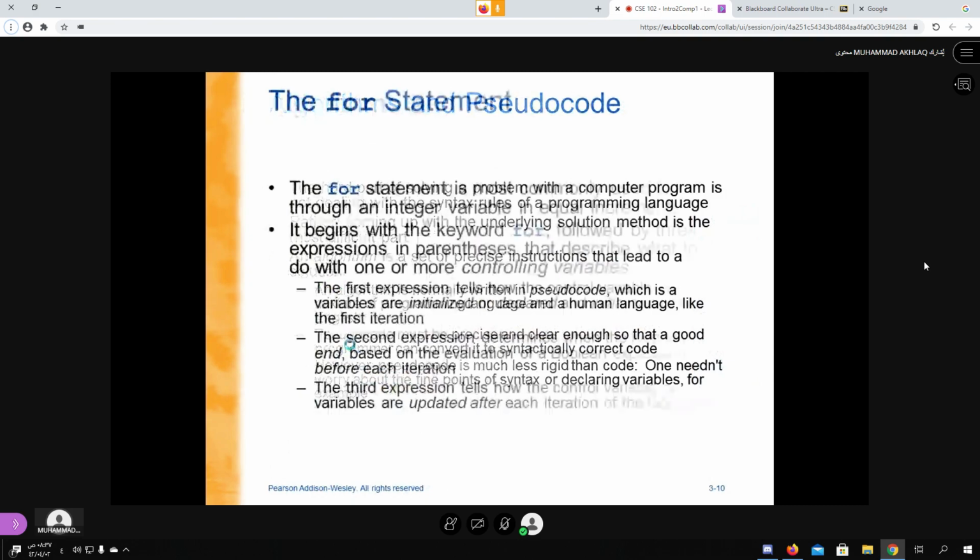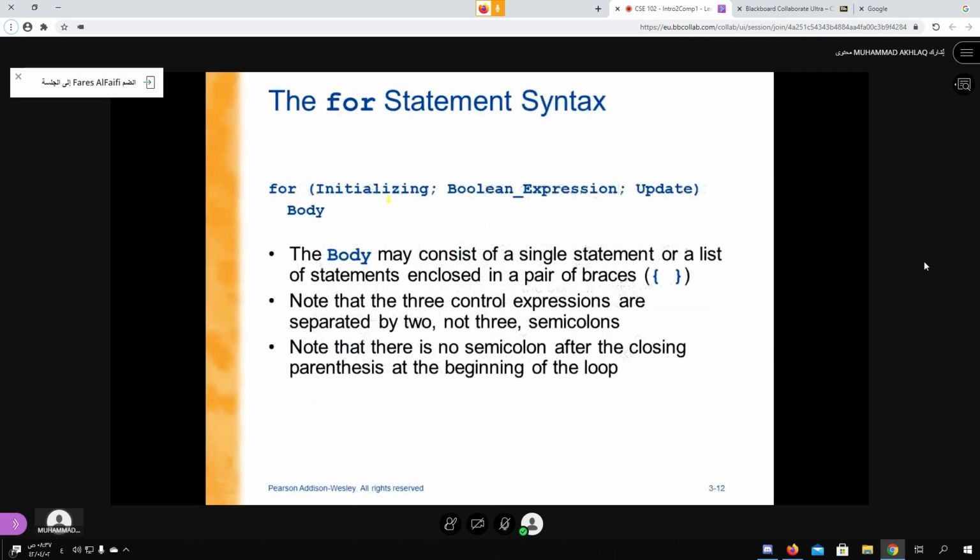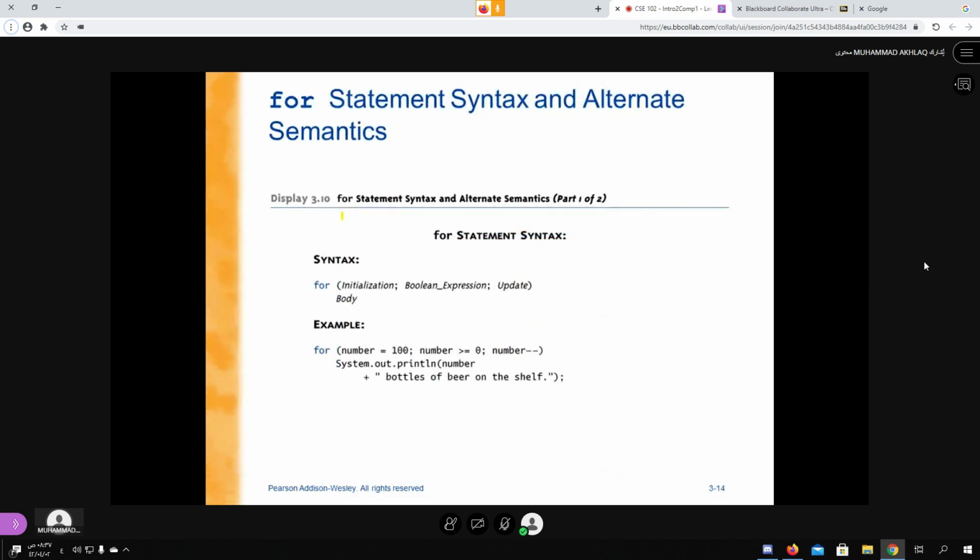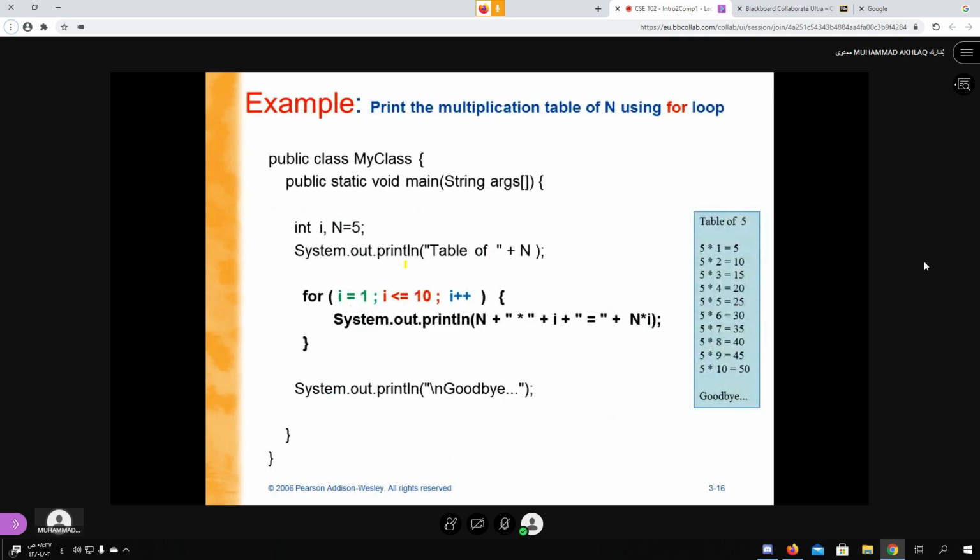In for, where is the for loop? For the for loop, we have the initialization inside this parenthesis, then a semicolon, then the expression, then a semicolon, and the increment or decrement here, and then the body here. So the for loop is totally different. For the same program, in these parentheses, this is the initialization, this is the condition, and this is the increment. The statement which prints one row of the table goes here.